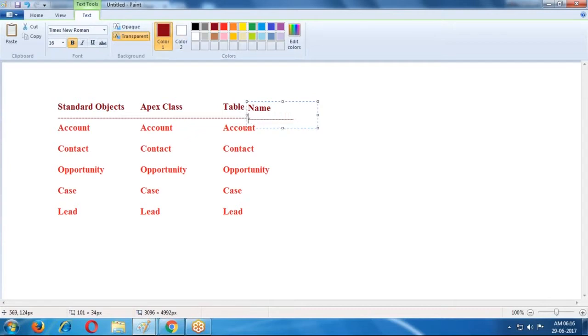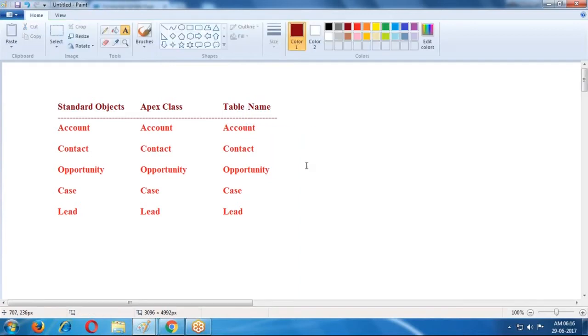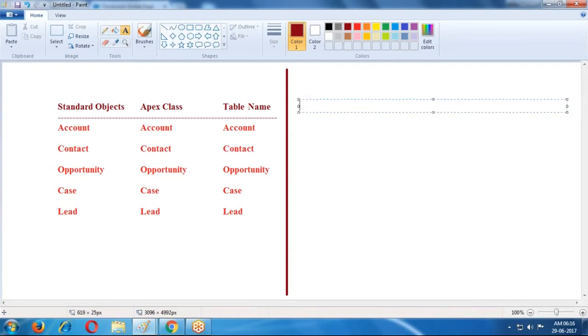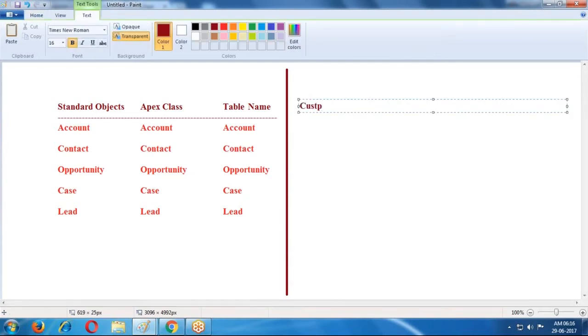Table name, class name and object name: the three names are the same for every standard object. If the object is a custom object, how is it created?